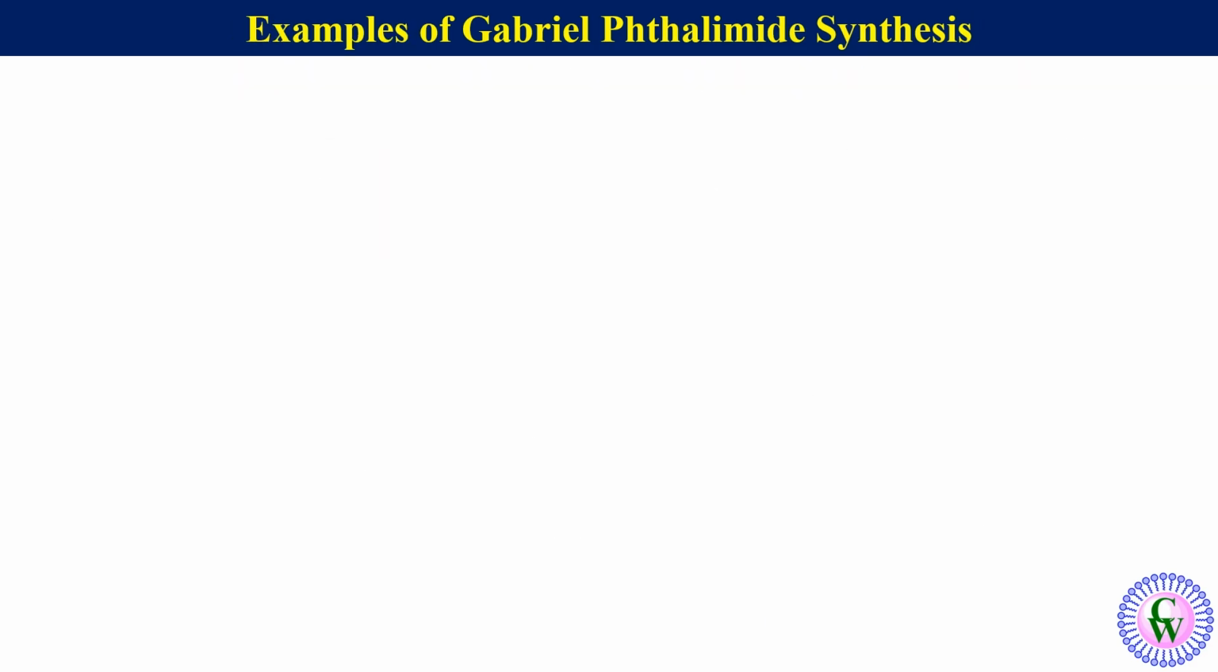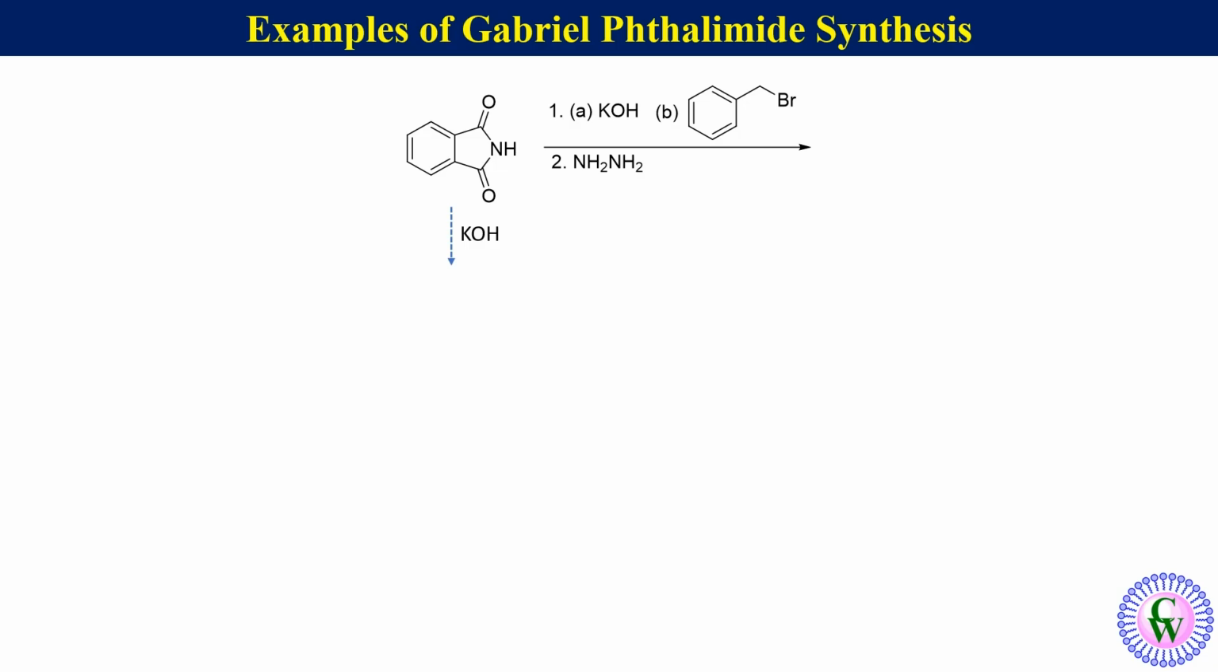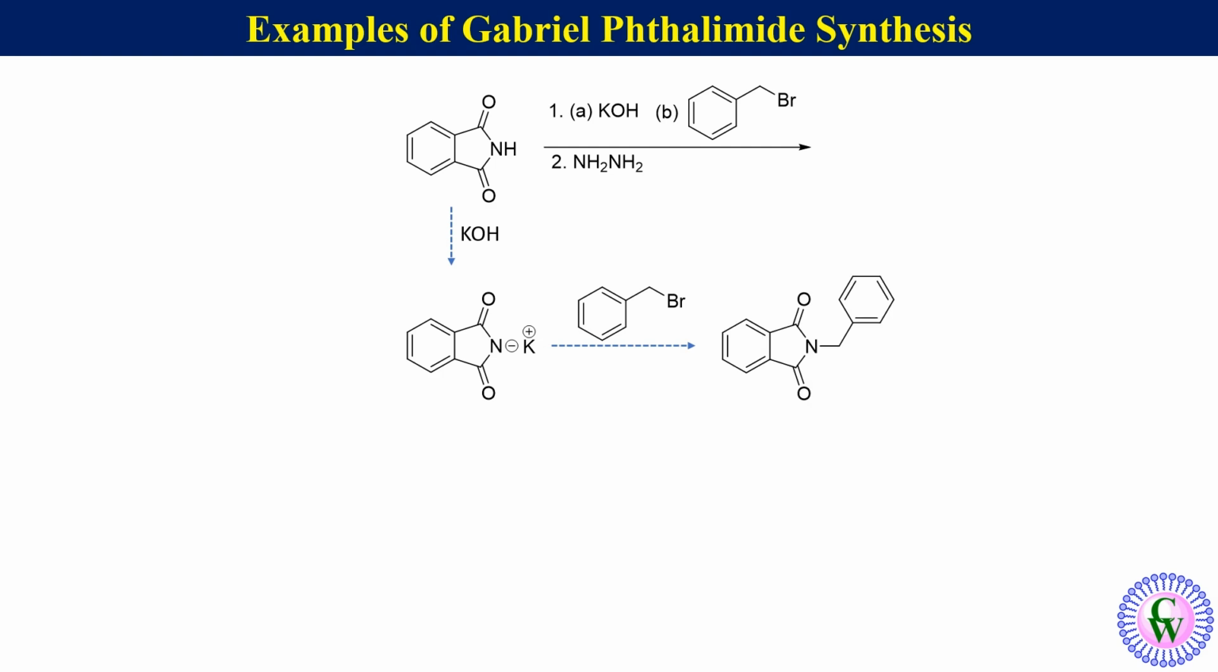Now we will discuss a few examples. In this example, we have to predict the structure of product and side product. Phthalimide upon reaction with potassium hydroxide will give potassium phthalimide, which will react with benzyl bromide to produce N-benzyl phthalimide. Reaction of N-benzyl phthalimide with hydrazine will produce benzylamine as the main product and